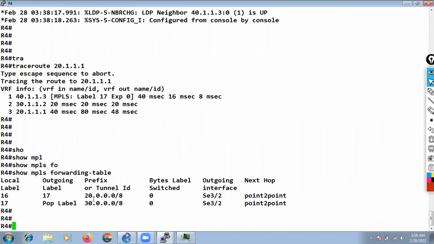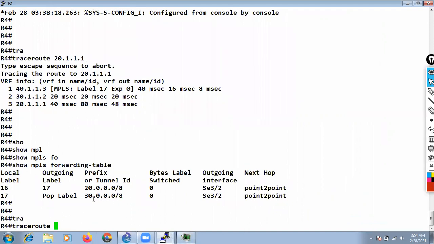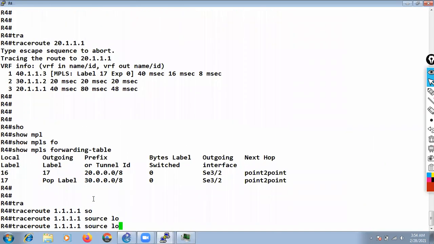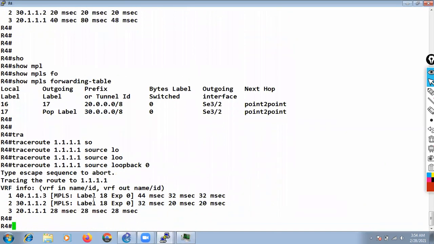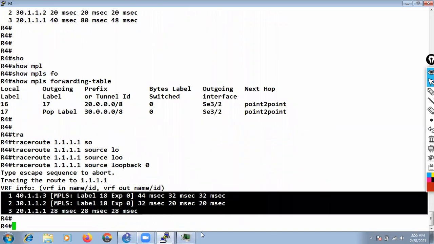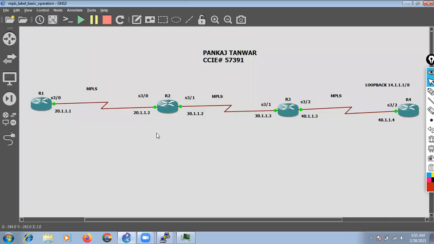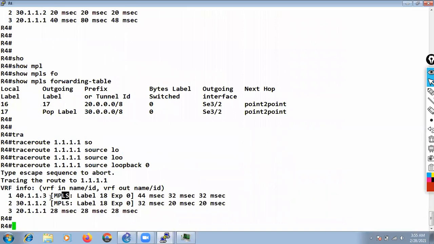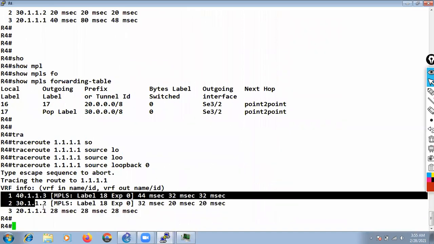Now if I trace to 1.1.1.1, maybe using my source loopback IP, now you can see we can see two labels, right? Because now at R2 the pop operation is going to happen. That is why we are able to see the MPLS information in the trace route at R3 and also at R2. Now you are able to see the MPLS information at both the devices.